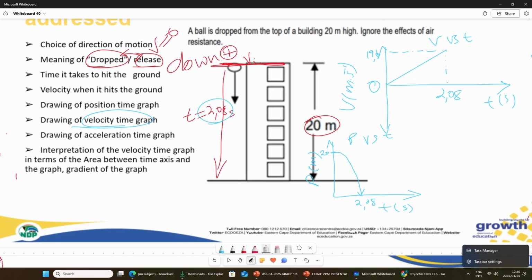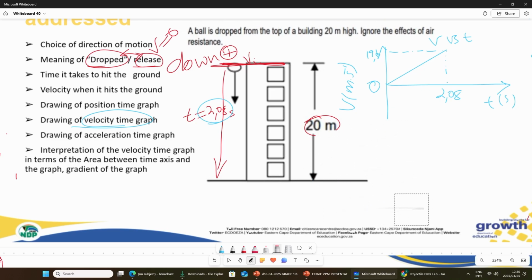Okay, so that is the shape of the graph for the velocity versus time graph. Now if we move to the acceleration versus time graph, we're going to have, remember, as the ball is going downwards or upwards, the acceleration